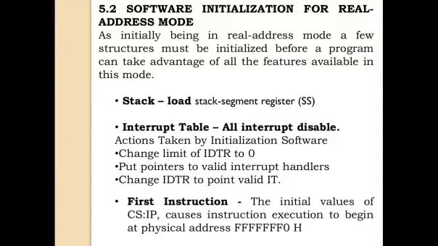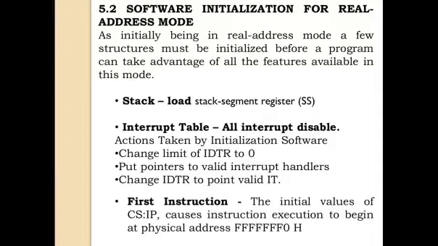Now if any interrupt occurs, it needs to be handled. In the initial state of the 80386, all interrupts are disabled. So after reset, all interrupts are disabled. We cannot have any interrupt in the 386. However, the processor will still attempt to access the interrupt table if an exception or non-maskable interrupt occurs. That means if there is an exception which cannot be masked, then the processor will try to access the interrupt table,